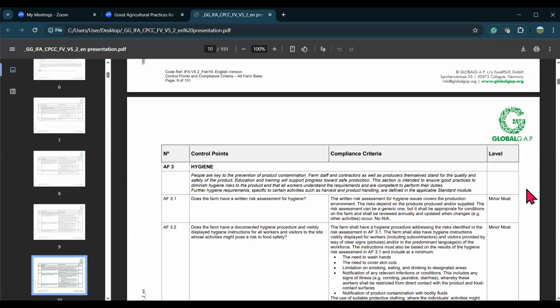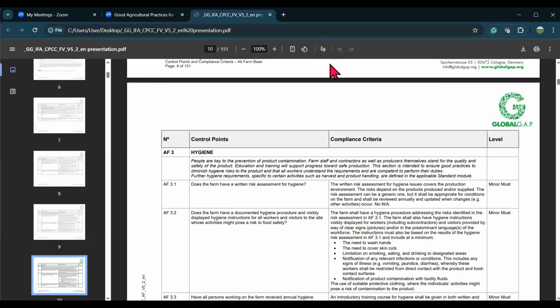As we keep proceeding, we move on to the hygiene aspect and move into